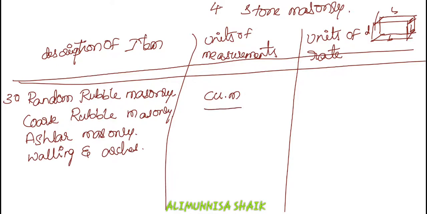When your unit of measurement is in cubic meter, obviously the unit of rate will be the rate per cubic meter. For each and every cubic meter, if suppose we have 10 cubic meters, then the rate is fixed per cubic meter. 10 cubic meters means we'll be counting it for each and every cubic meter. So this is how we are going to fix the stone masonry unit rate and unit of measurement. When it comes to your mode of measurement, if facing stones are the same as those used in the body of walling, additional work involved in dressing stones shall be considered as extra over walling.